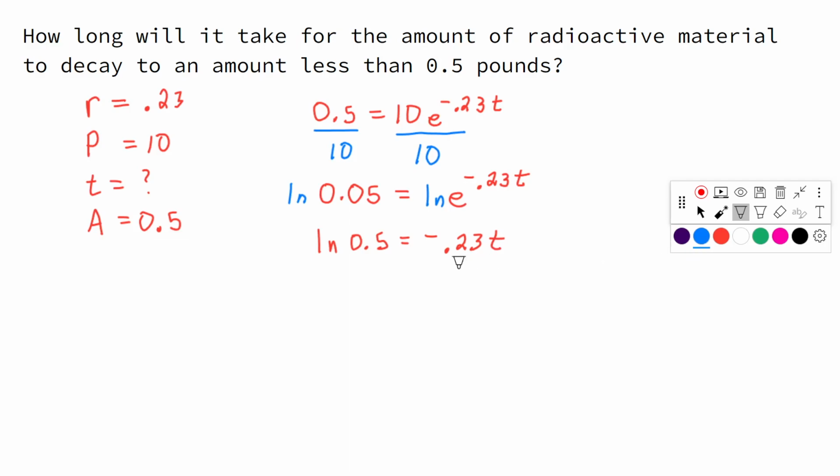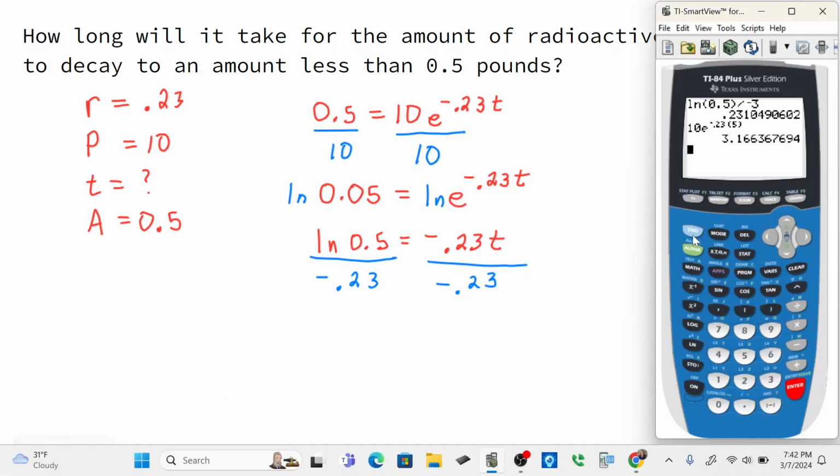And then to solve for t, we divide by negative 0.23. So grab that calculator again. Natural log of 0.5, close those parentheses, and then divide by negative 0.23, and we have